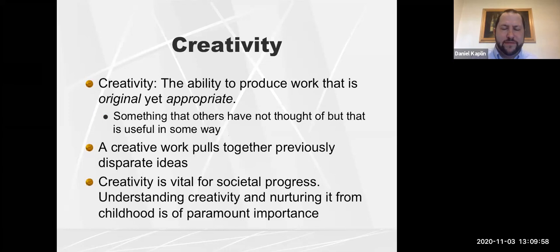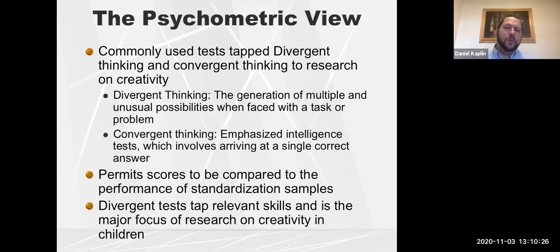Now, what is creativity? So people who are gifted tend to be more creative, right? So creativity is the ability to show originality. That's what creativity is. Now, but creativity also requires you to be appropriate or socially appropriate, right? So you come up with novel solutions, but are useful or socially appropriate as well. So in order to measure this, we have to talk about both divergent and convergent thinking.